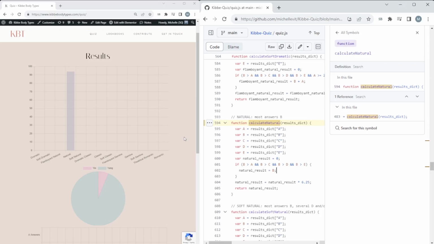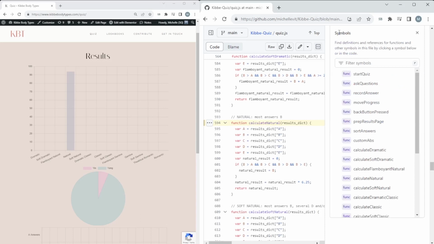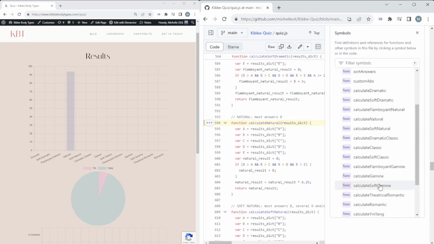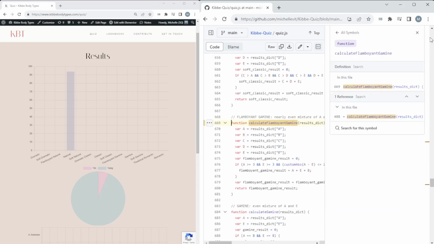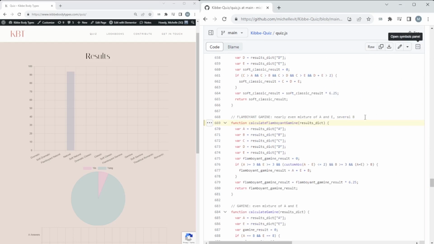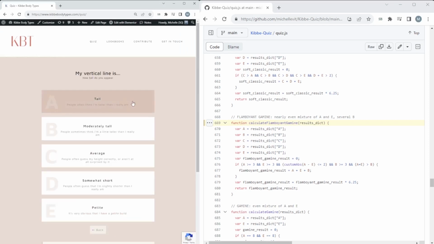An example of a more complex calculation is the flamboyant gamine result, which is a nearly even mixture of A and E with several B. First, we check if there are more than 3 A answers and more than 3 E answers. This is to make sure that the dominant answers are A and E. Then we check if the difference is less than or equal to 2 to make sure that there is a